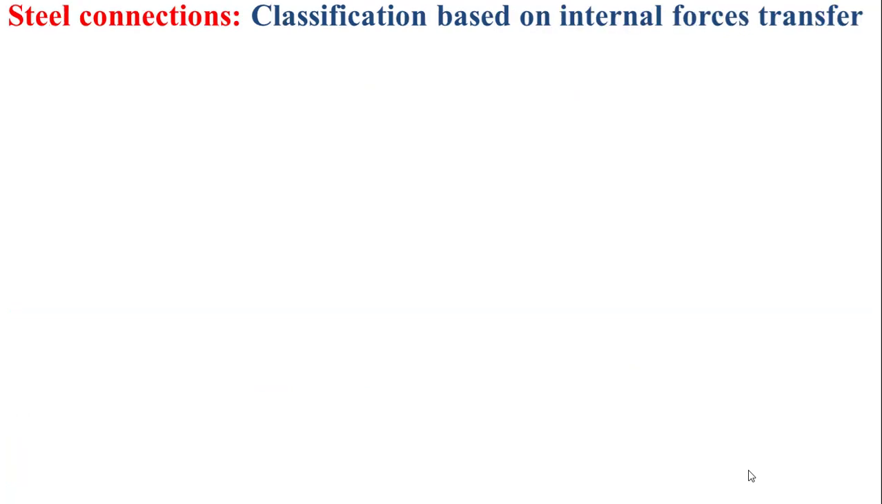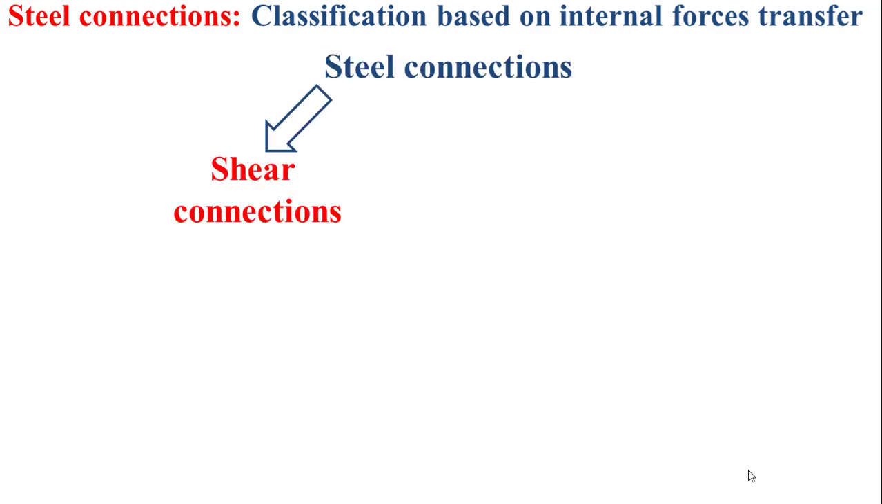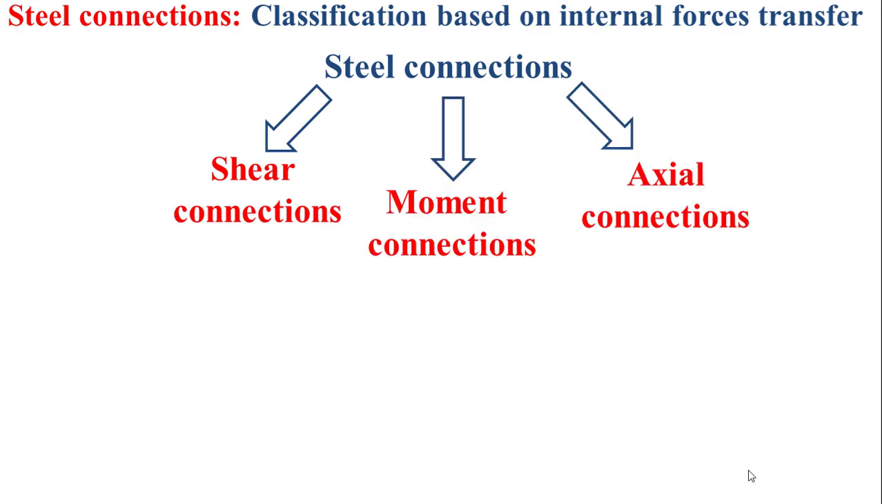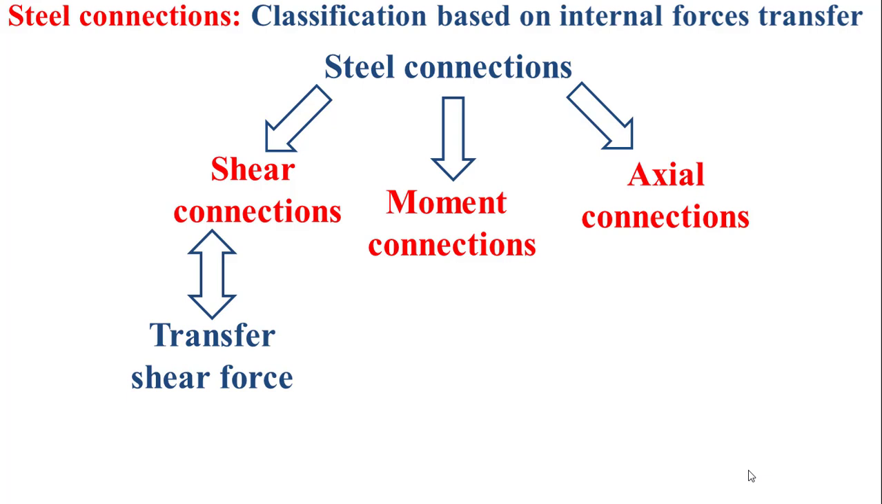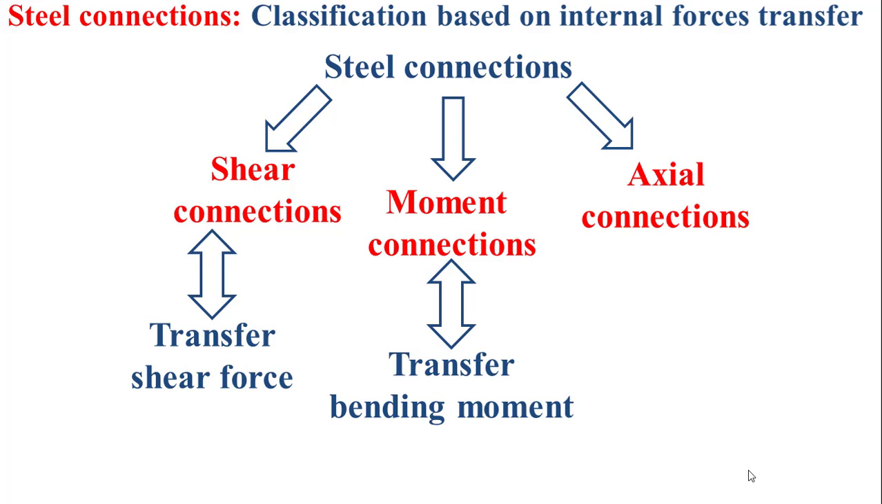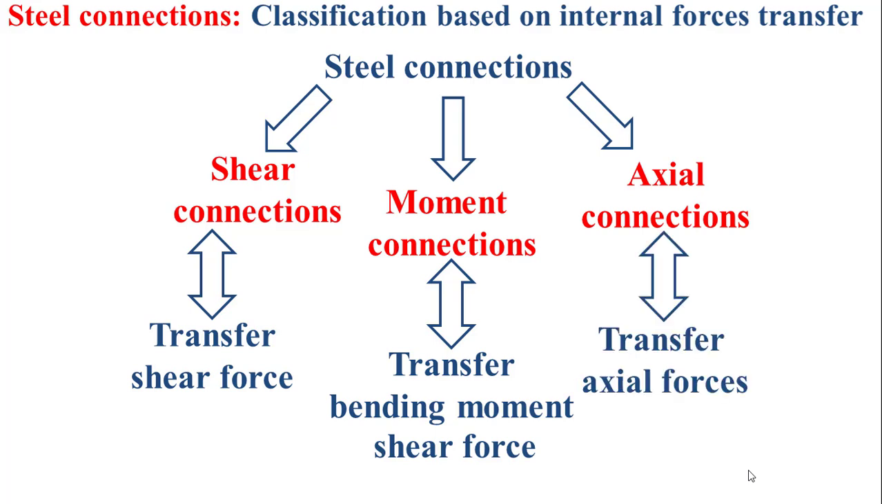Now I'll talk about the classification based on internal forces transfer. So based on this classification, the steel connections are classified into shear connections, moment connections, and axial connections. The shear connections are intended to transfer shear force. The moment connections are intended to transfer bending moment and shear force, and the axial connections are intended to transfer